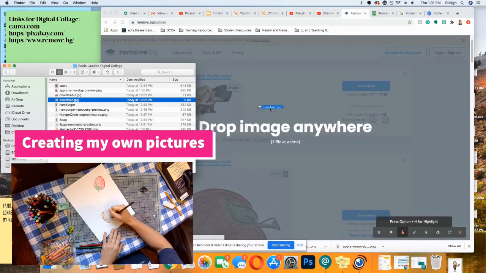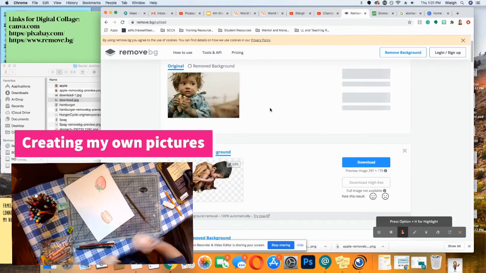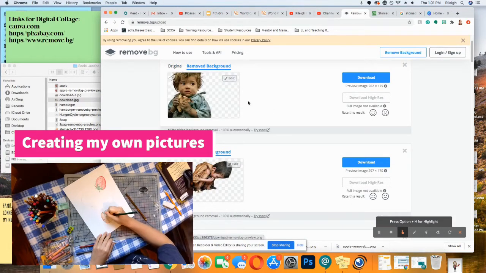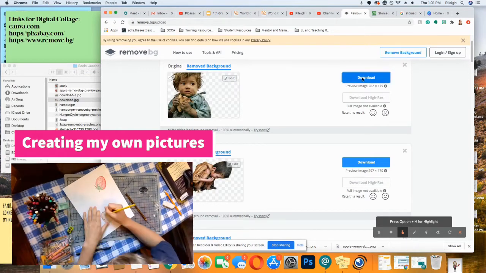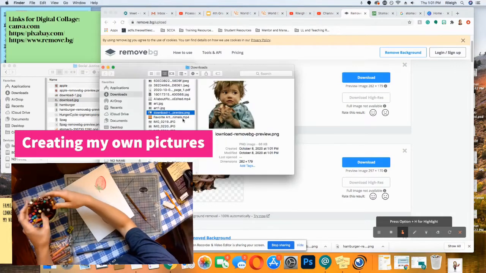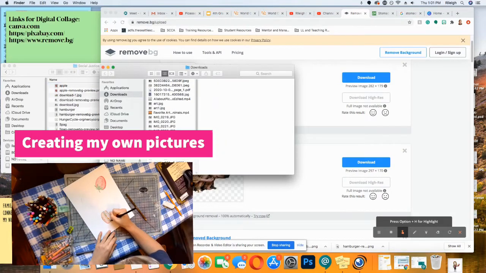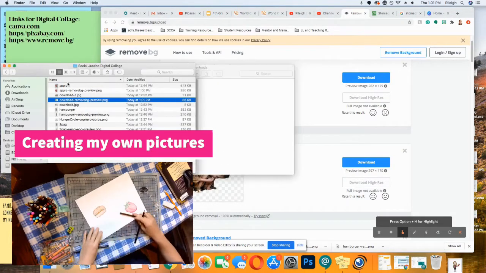So this is another image I downloaded. Hungry babies. It makes me so sad. Ooh, see, that one works really well. I'm going to download that. Show in Finder, move it over. So now I have a good collection of images here